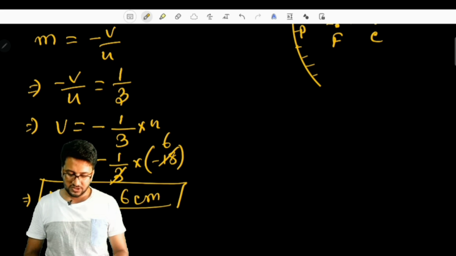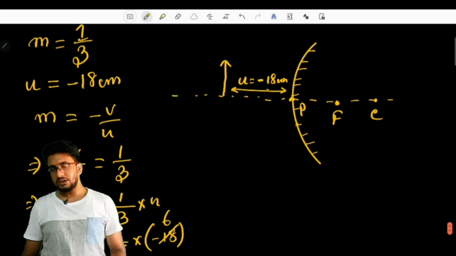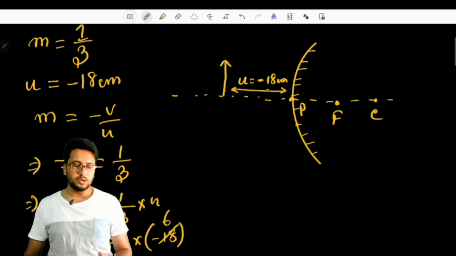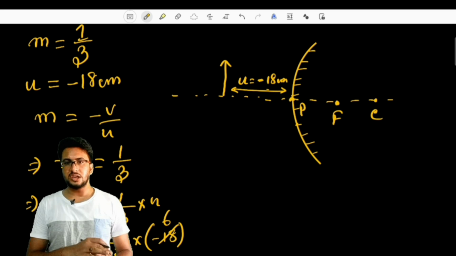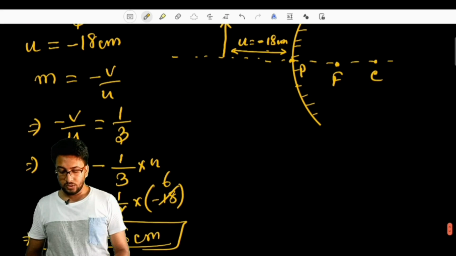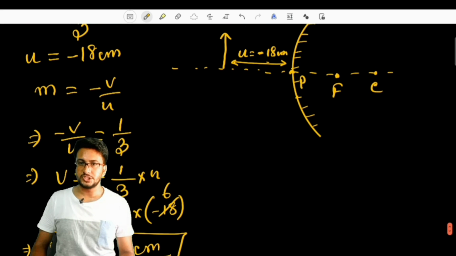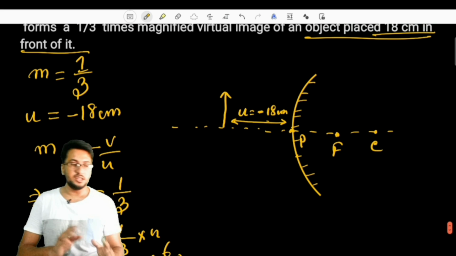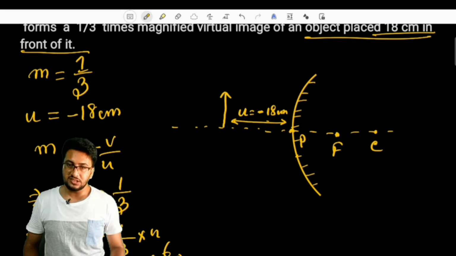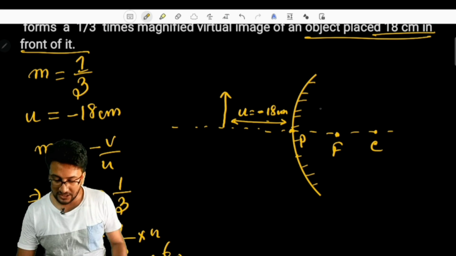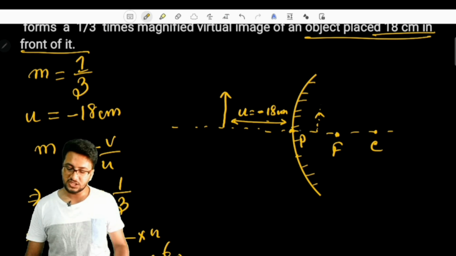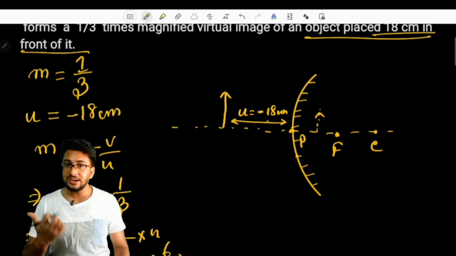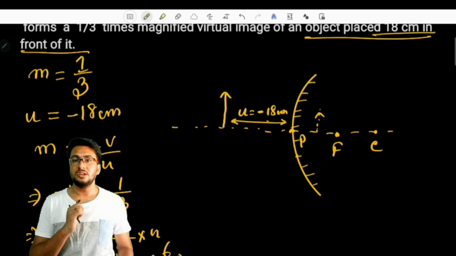The value of v is in positive sense, okay, and it is not telling whether it is in positive direction or whether it will be taken at the right hand side of the mirror or at the left hand side of the mirror. We have to consider the sign convention here. But if we just relate the case with the case that we have studied for a convex mirror, then we can say that the second case is applying, where the image is formed diminished, but it is formed at the right hand side of the mirror. At the right hand side of the mirror, the image is formed.